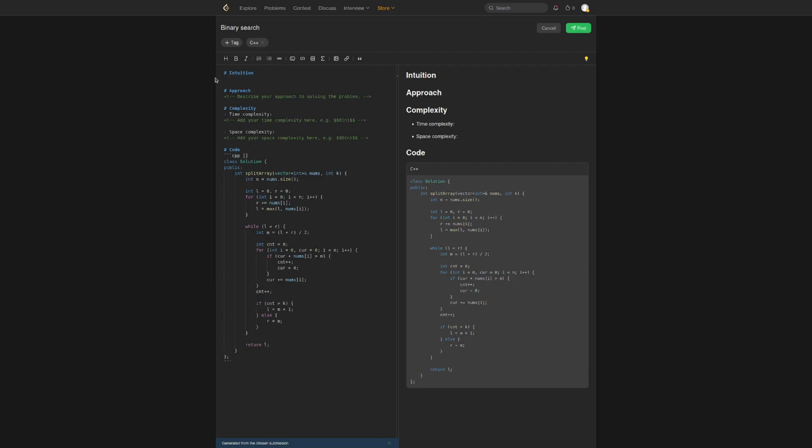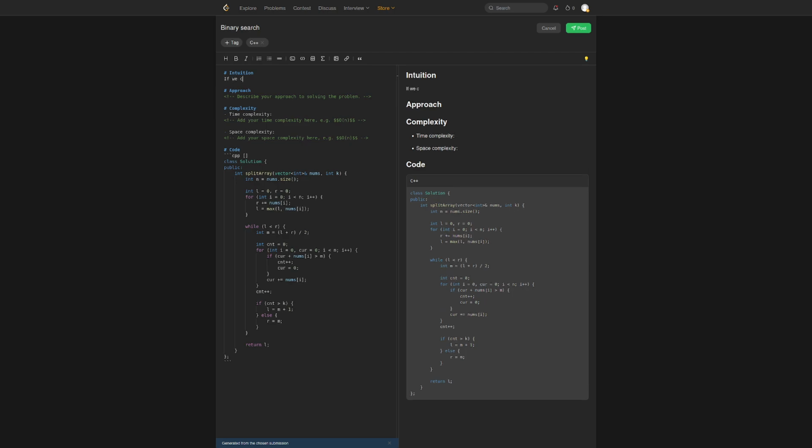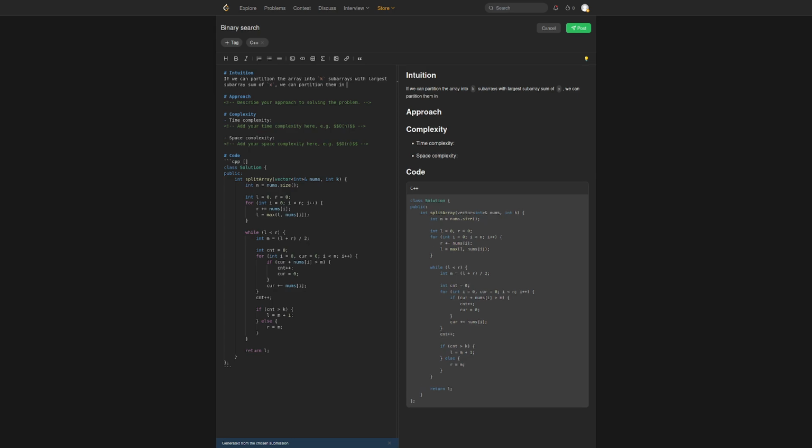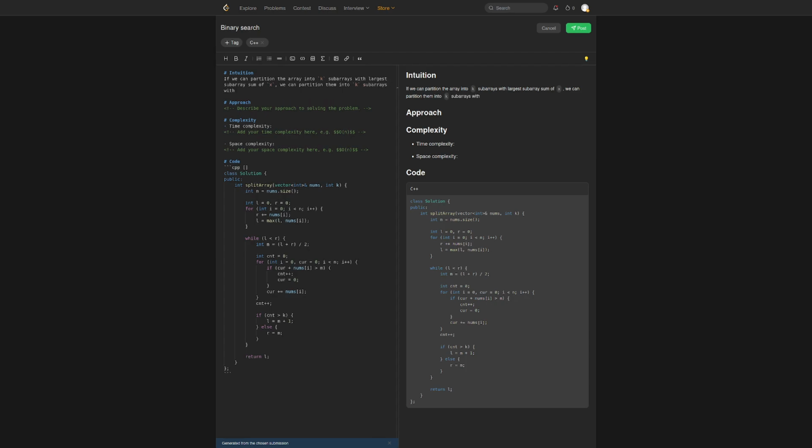So the intuition: if we can partition the array into k subarrays with largest subarray sum of x, we can partition them into k subarrays with largest subarray sum of x plus 1, x plus 2,